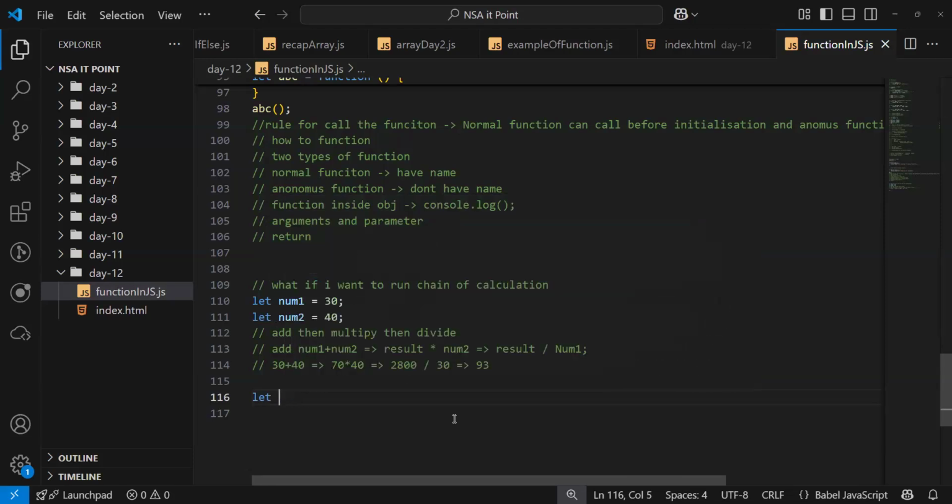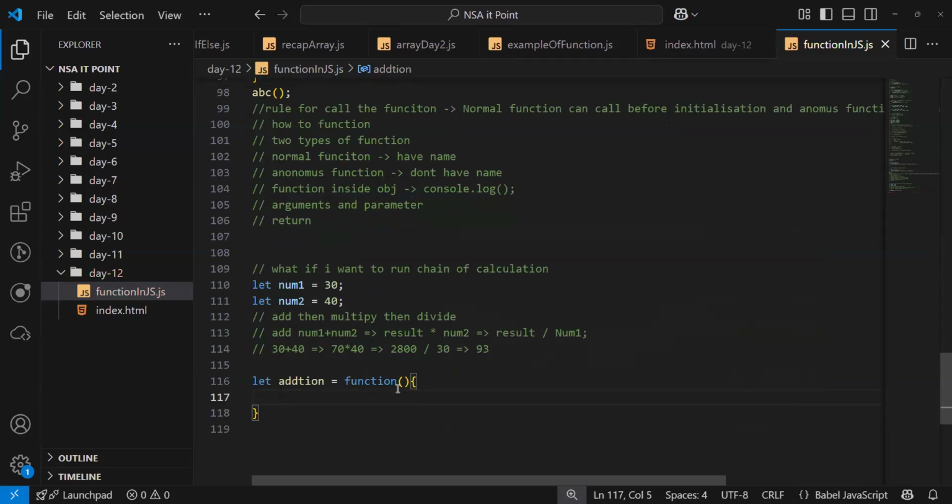Let addition equals function, anonymous, because we don't pass any name for an anonymous function. Inside it we receive parameters a and b. Don't be confused, you can write anything here.